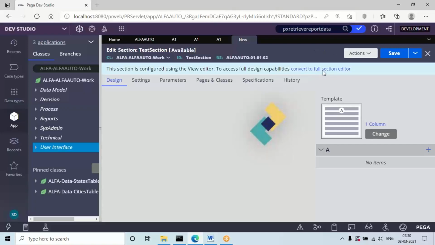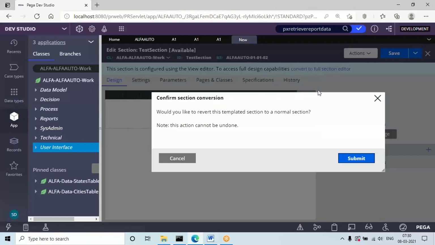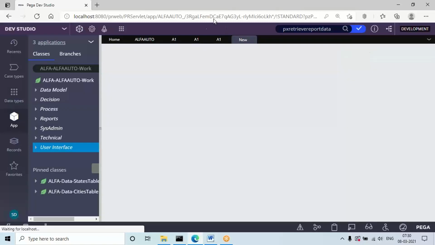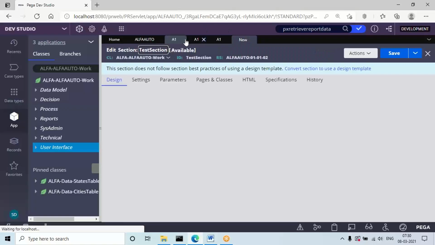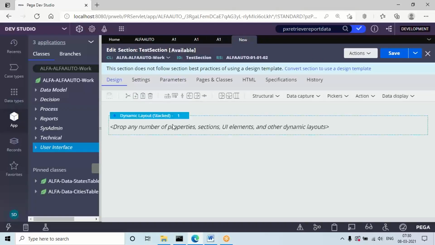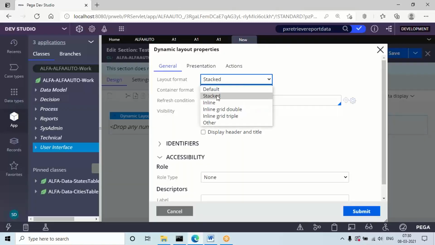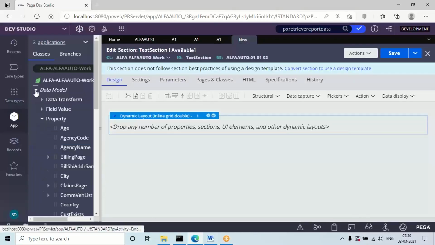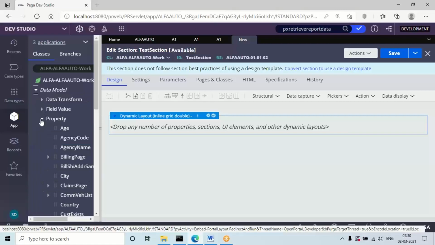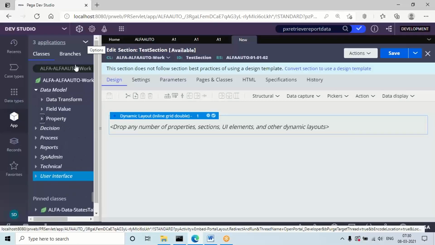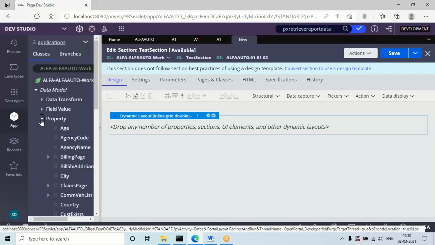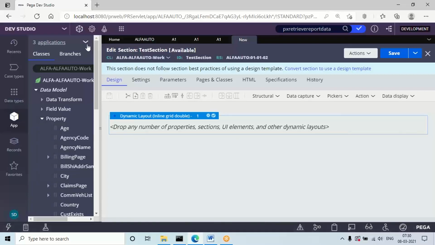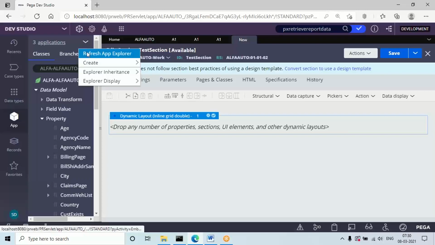Open this editor and add this property. When you add the property, what happens in the backend? Even though the same property is there in multiple classes, which property will be automatically added in this design? It will automatically add the property from the work layer version 2. If you observe the class and rule set hierarchy, once you refresh you are unable to see the property, right?